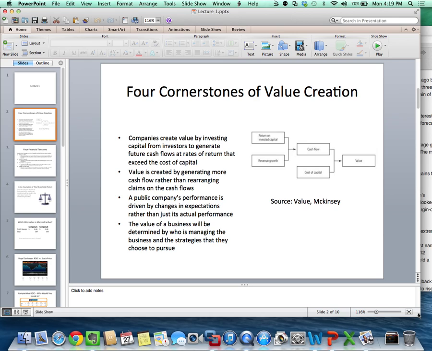The first cornerstone of value creation says that value is based on spread. Spread is the difference between the ROIC and the cost of capital. Or in an NPV-based world, IRR greater than cost of capital. The same thing applies out in the real world. If your internal rate of return is less than your cost of capital, like ROIC less than cost of capital, because ROIC is kind of like a one-period proxy for IRR,